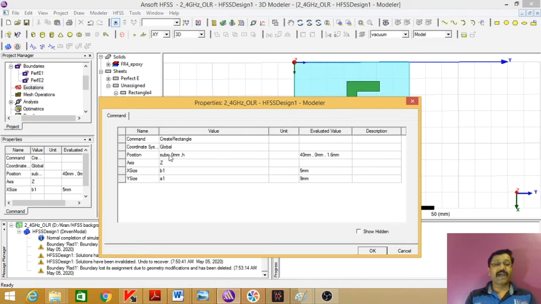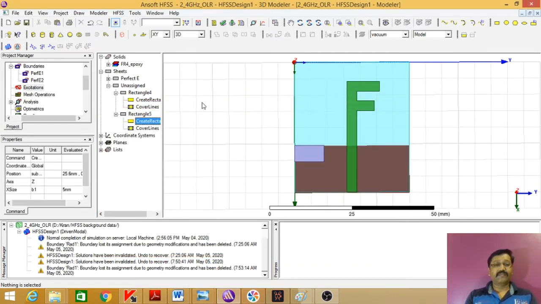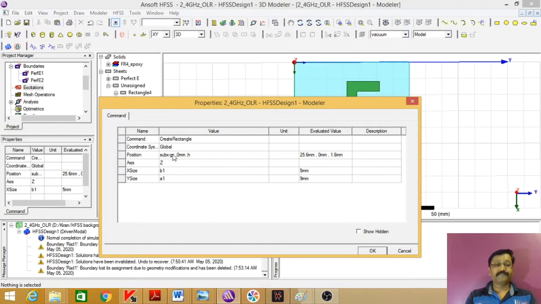So we will subtract minus GX, then this particular dimension is FG, that is the gap, minus FG.